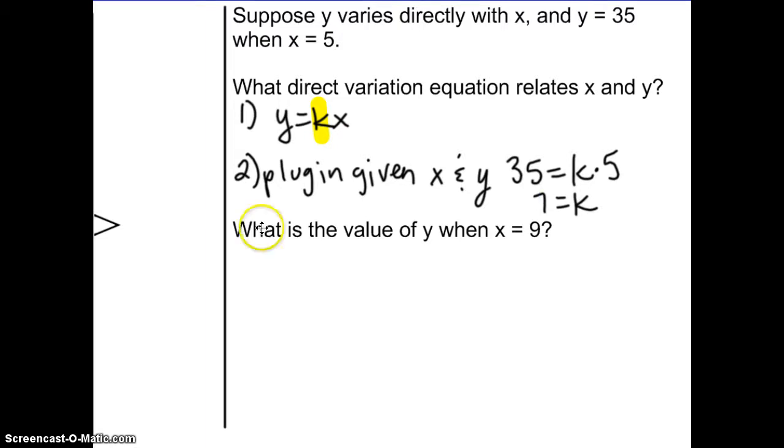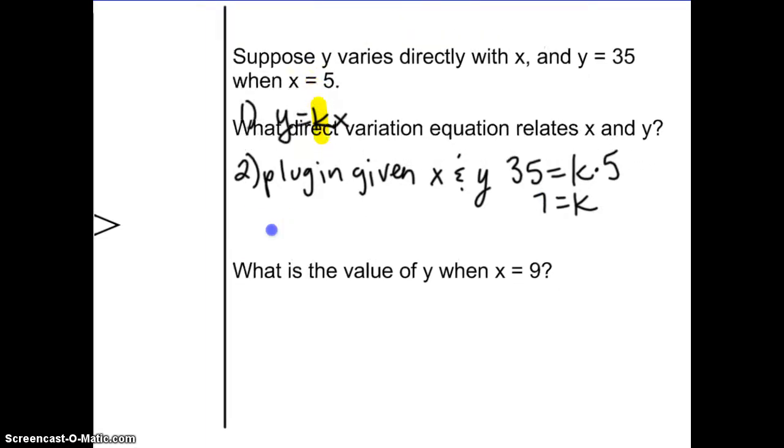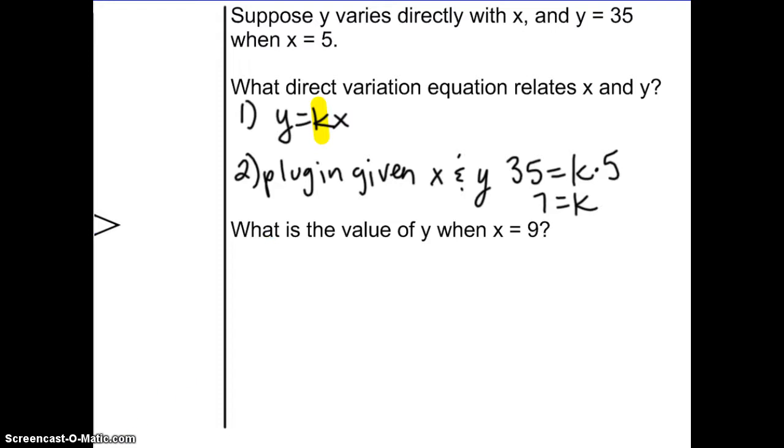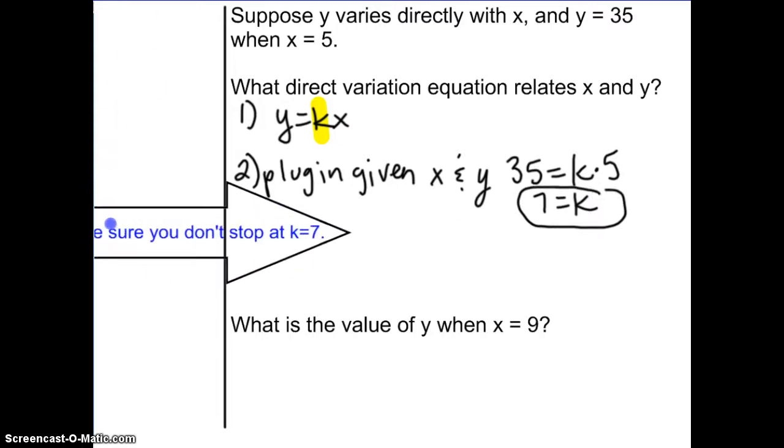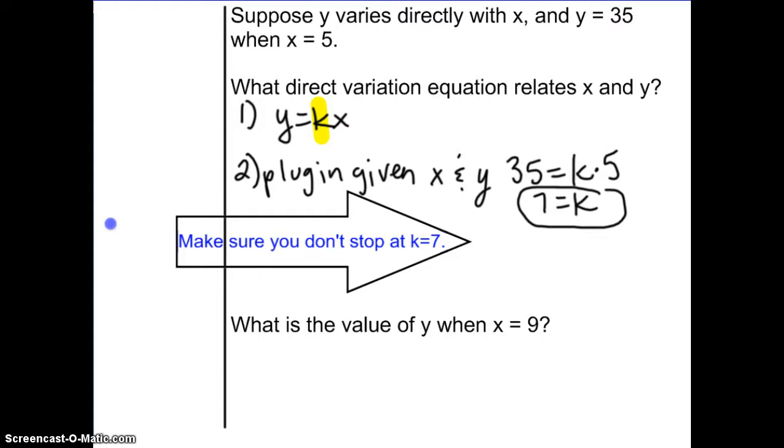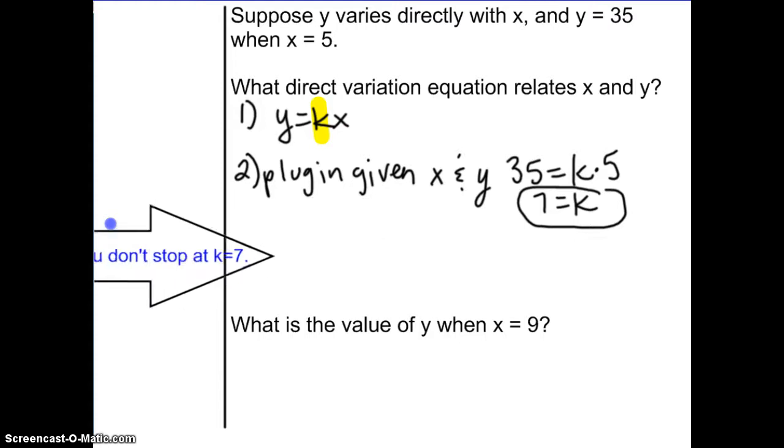Excellent. So if 7 equals k, that's great. So this is super helpful for me. But am I done? No, because look at this little arrow over here. Isn't this cool? Make sure you don't stop at k equals 7, because my ultimate goal was to find this